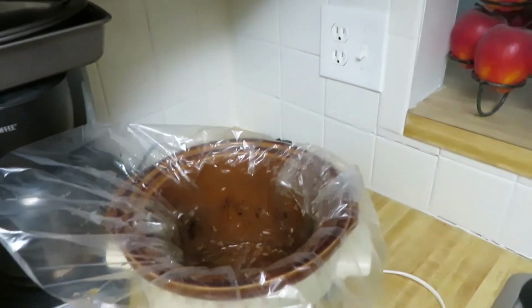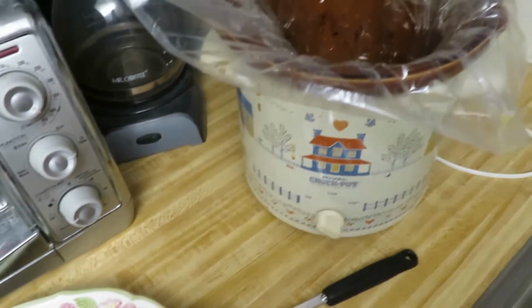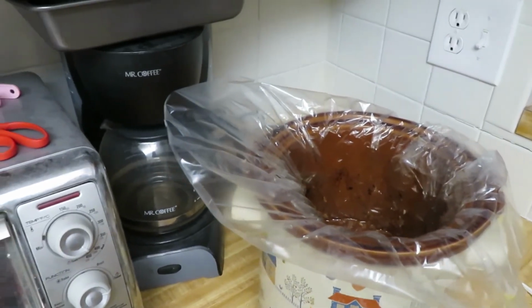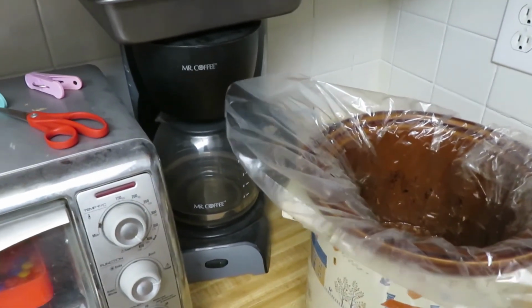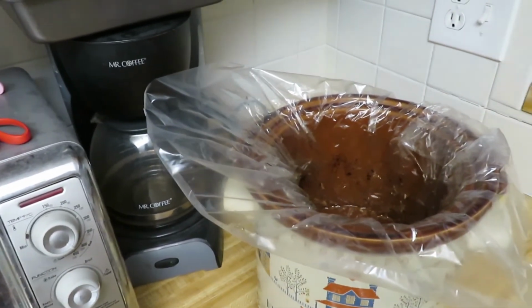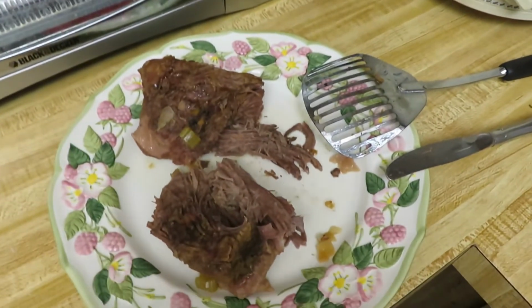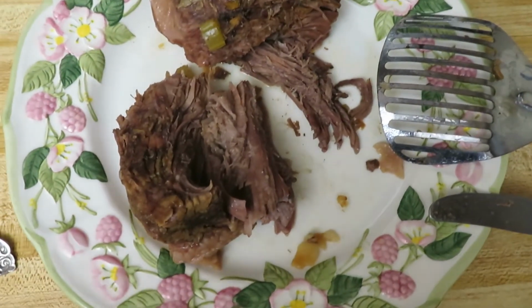I am, however, unplugging that. But once it's cooled off completely, I'm just gonna throw this away, maybe rinse it down a little bit. Nothing major to clean on that. But as you can tell,